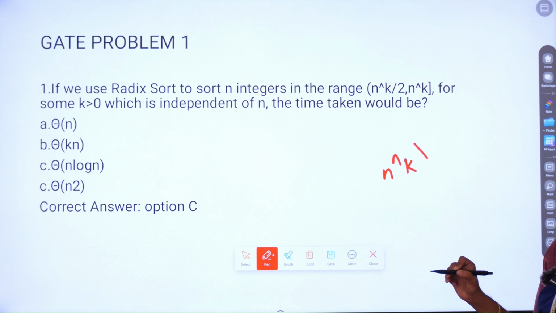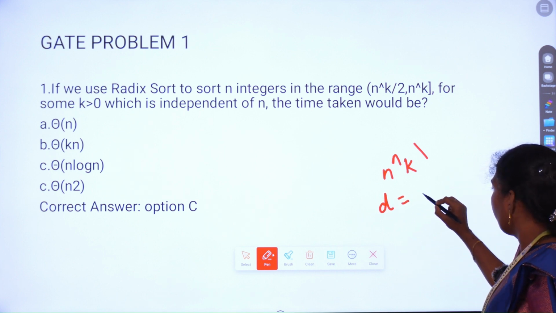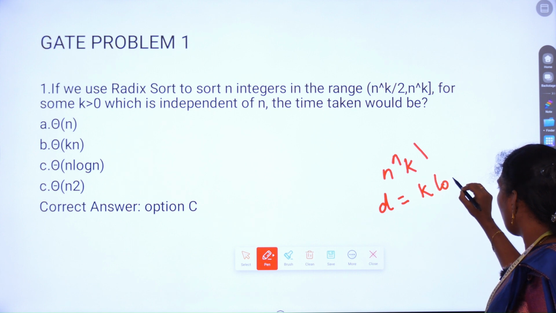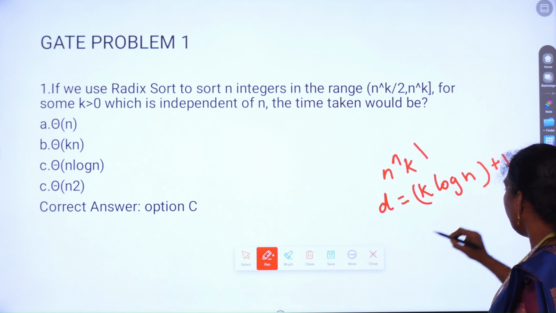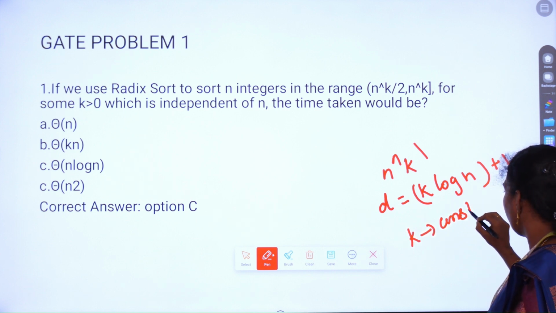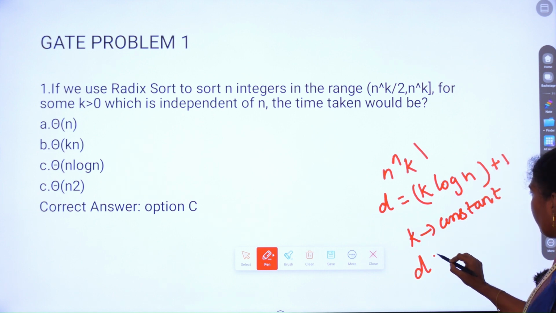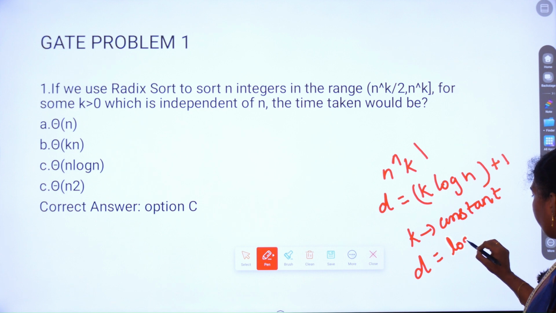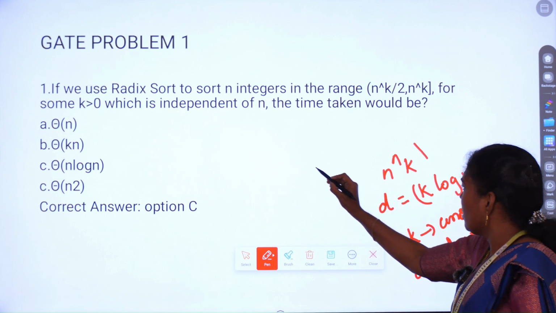The number of digits in the largest element is d equals k log n plus 1. Here k is a constant. So d goes as log n. Then the time complexity of RADIX sort is order of